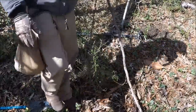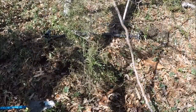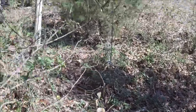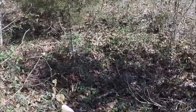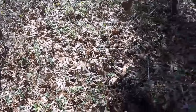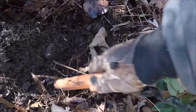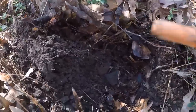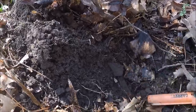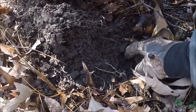Alright. Change of plans. You're not going to want to watch me have to do this, I'm sure. If you were wondering what was in the other hole over there, I dug and dug and dug. I got this nice aluminum can. So pretend like that never happened. This signal was a little better. Oh, there it is. It was actually a 70s and 80s. It looks like it's brass or...